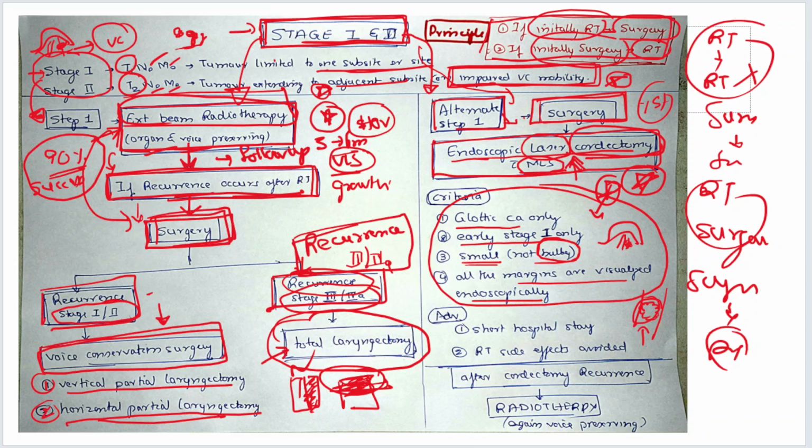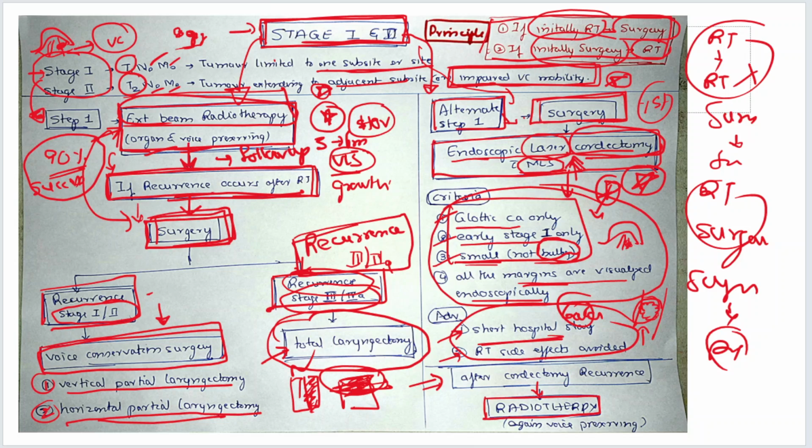But radiotherapy has cycles, and radiotherapy takes a minimum of 6 weeks. So you are getting rid of the surgery in 1 or 2 days. So your hospital stay is short and the radiotherapy side effects are avoided. So because of these advantages, you prefer surgery in only this subset of patients: early stage 1 glottic carcinoma with a small, not bulky tumor, and all the margins can be visualized clearly. Suppose unfortunately you did a cordectomy and the tumor recurred, you go for radiotherapy, because we saw